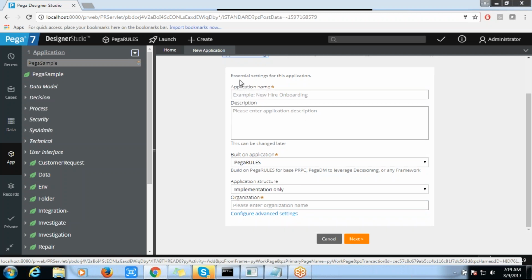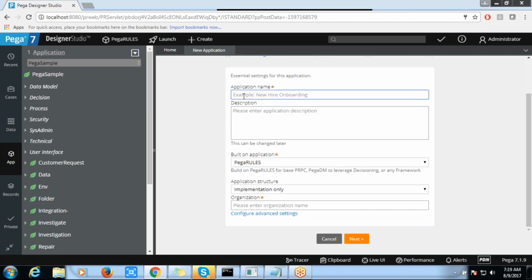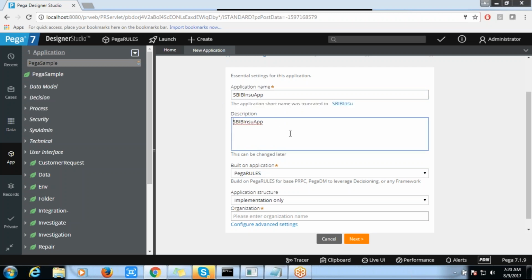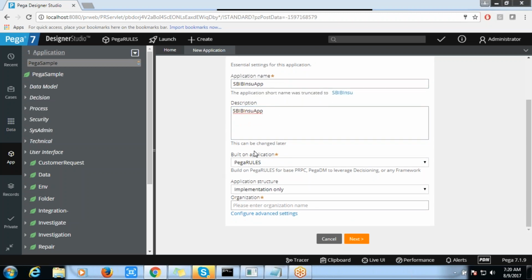The application name that you are going to create, you can specify here. Let's say I have just created the application name. It's called the SBI Insurance application, a built-on application.